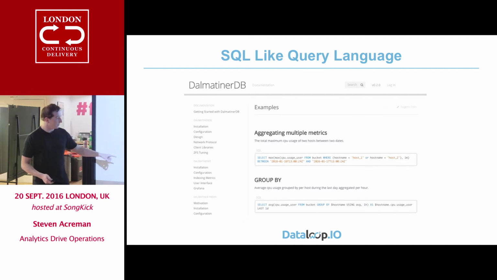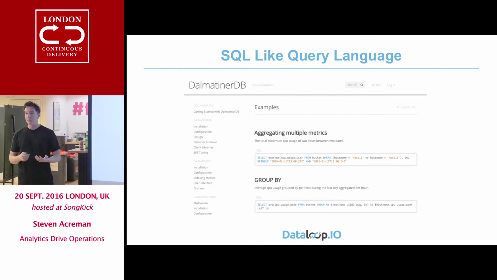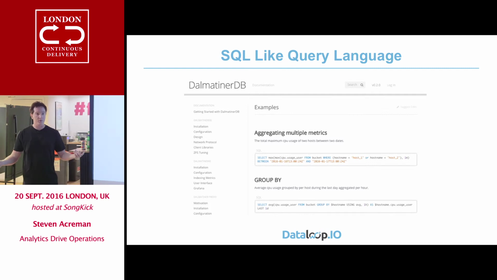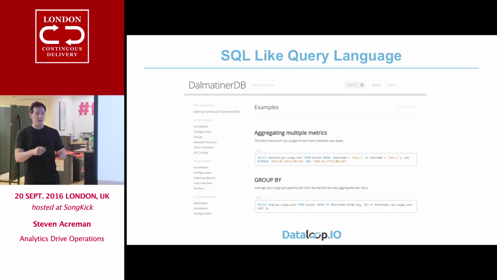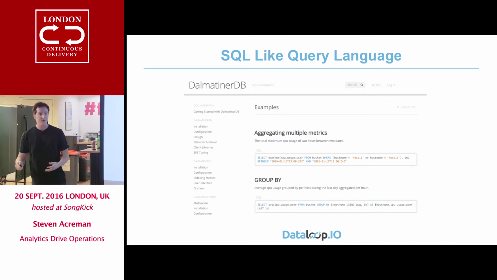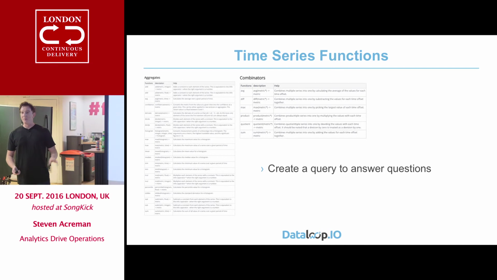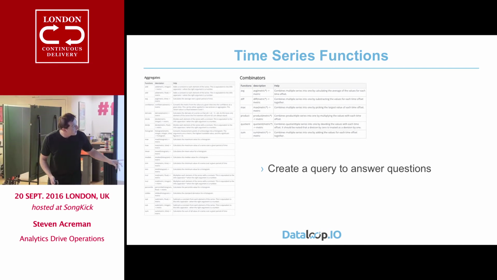We've added group by more recently, so you can start to, let's say you wanted to get all of your containers across all your Docker hosts, but group them up by the Docker image ID, and then work out from that the CPU usage, and then take a derivative, and you can do loads of crazy cool stuff. You can't see any of these, can you? No, it didn't come out too well. But trust me, they're functions.